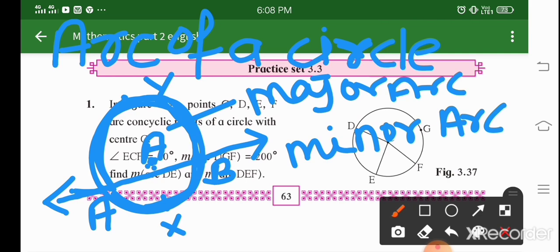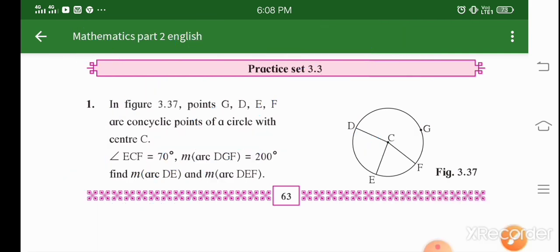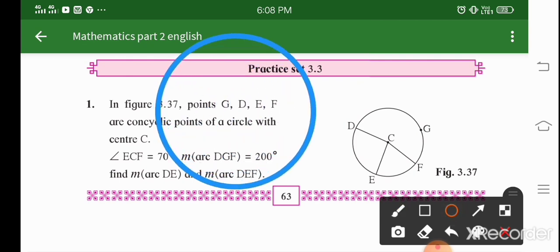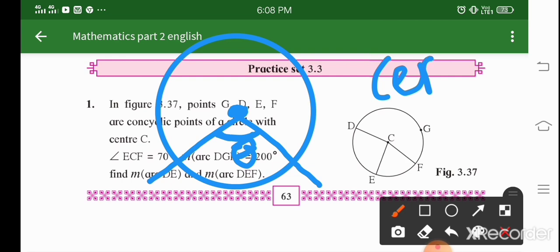Okay, let's move ahead. Now we'll understand the concept of central angle. Let's suppose we have a circle, and this is the center. This center has these two arcs, and this is the angle, suppose theta. The angle at the center is what we call a central angle. What we know as central angle: the angle at the center is called the central angle.